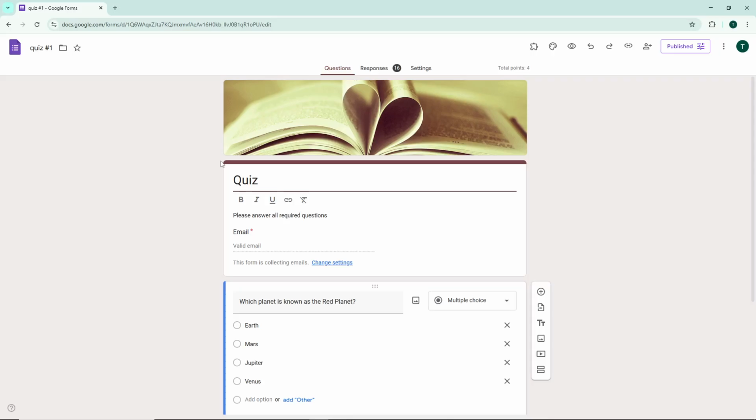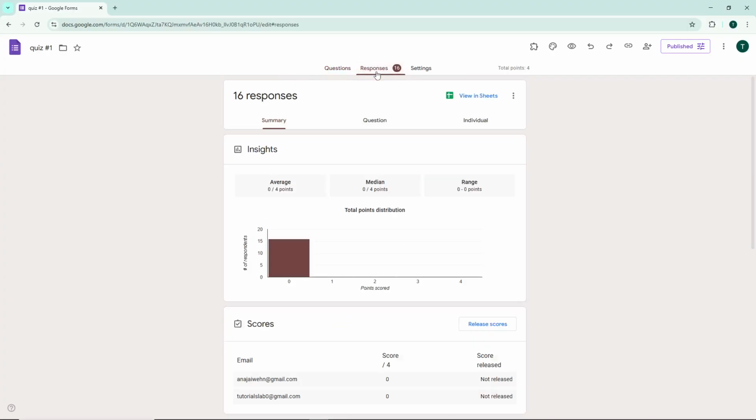Now that you're inside your form, direct your attention to the top toolbar. You'll see several tabs there, and you want to click on the one that says Responses. This tab is where all the magic happens when it comes to reviewing submissions and providing feedback. Clicking on Responses shifts your view from editing the form itself to managing how you interact with the answers people